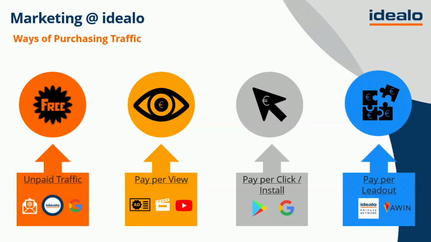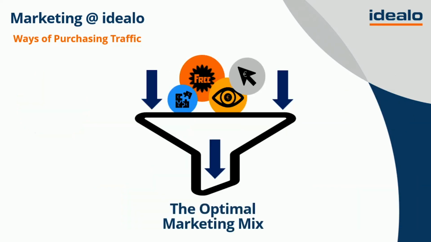These are just generic categories for you to keep in mind. But what matters is that, of course, we combine all of these activities into something that we call a marketing mix that best serves our business needs at any moment. So we have a limited amount of budget that we could spend on the traffic that we purchase, and we need to make a very conscious decision on which of these channels we want to engage in what way to serve our purpose.